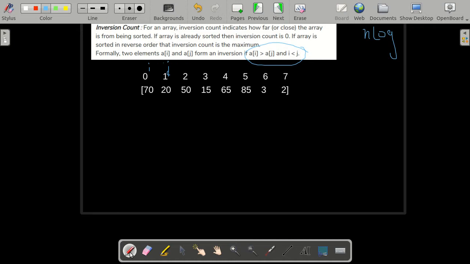What we can do is we will take this array. First we'll count the number of inversions in the first half of the array. Then we'll count the number of inversions in the second half of the array. And then we will count the inversions which are due to elements from array 1 and array 2, that is any element from array 1 and any element from array 2. So over here we are going to use our divide and conquer technique.